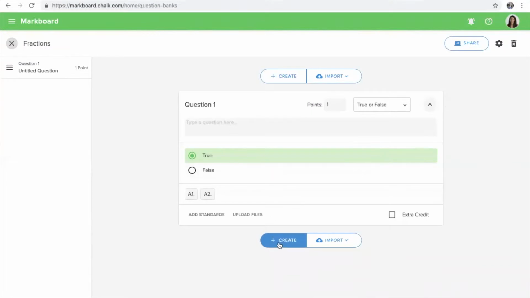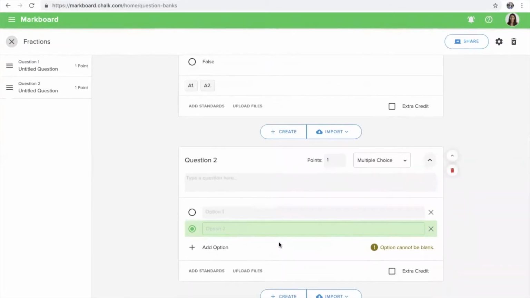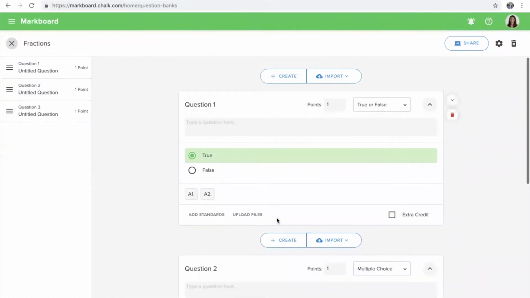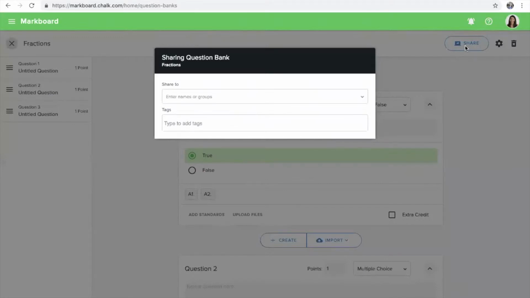You can create as many questions as you would like within your question bank. Select the points and what kind of questions they are. When you have finished creating all of the questions you would like within your question bank, you can then select Share. And here you'll be able to actually share with your peers in order to collaborate when creating your assessments